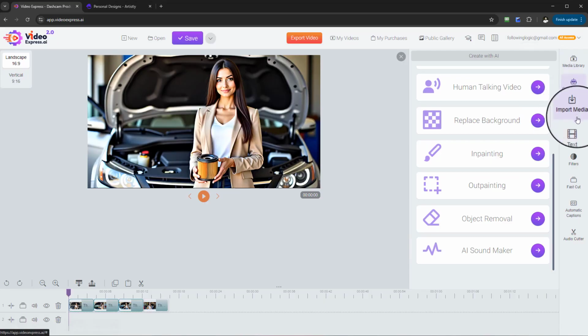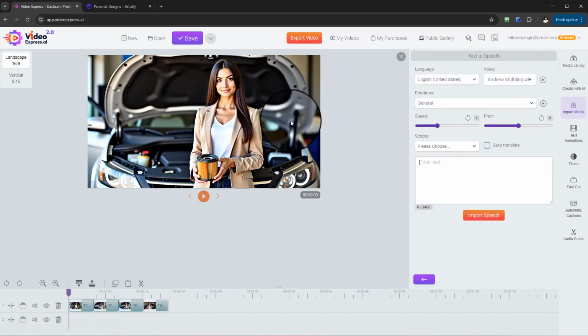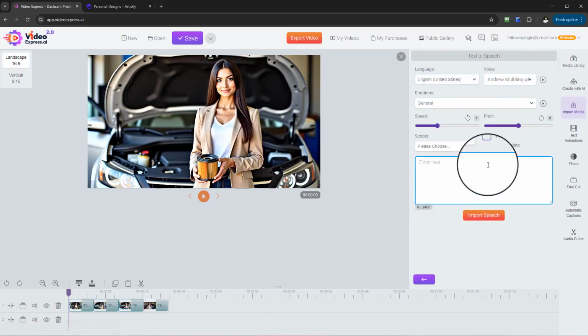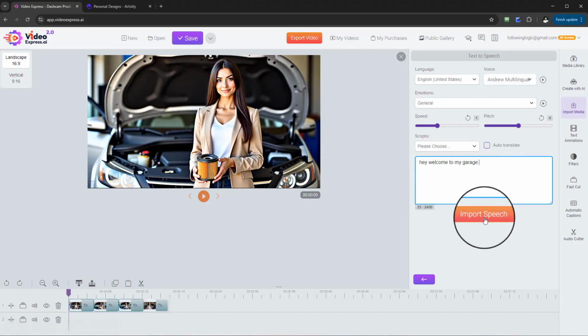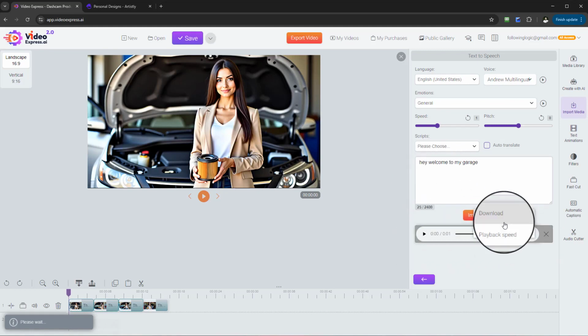If I select import media, you can actually do text to speech. So if I want to say, let's just say, hey, welcome to my garage, as an example. So if you put your script in here, select import speech, you will see now here we have the audio. I simply select download,